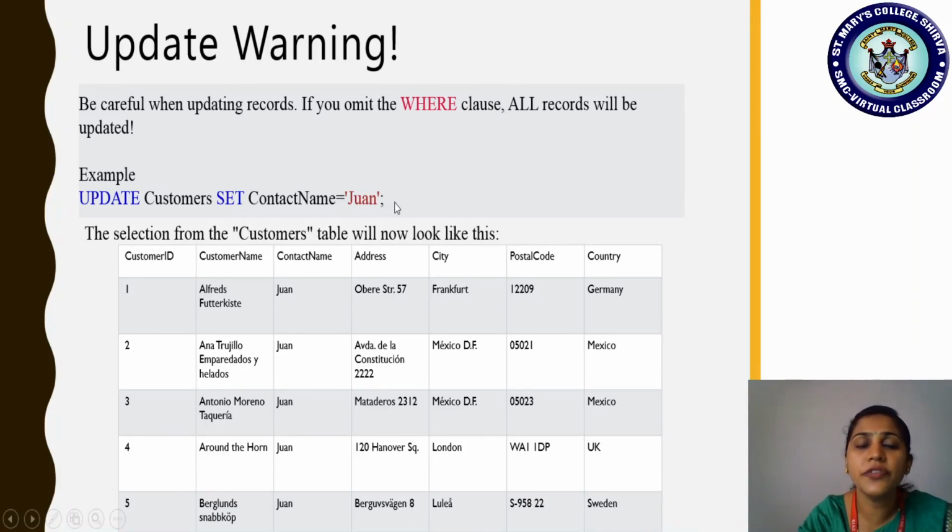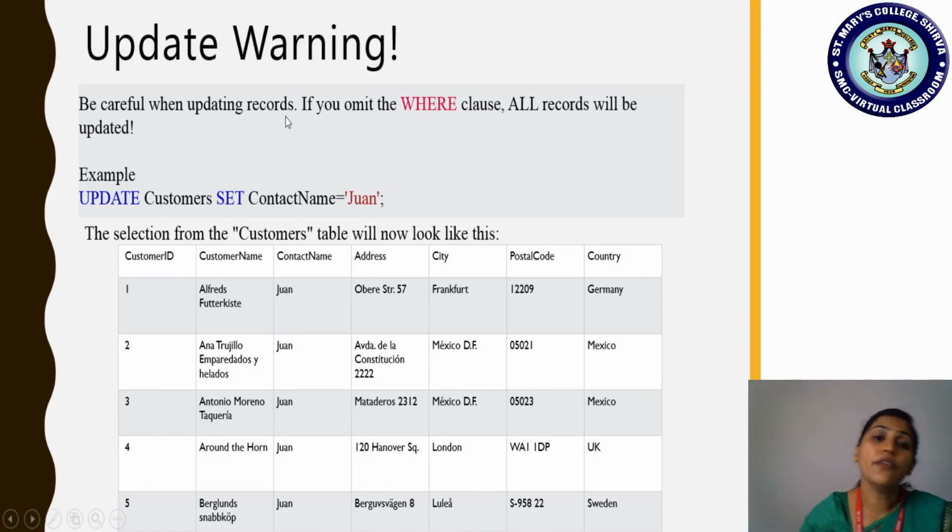If you avoid the where clause, all the records under the column contact name will be changed to Jan. As no condition is attached, it updates all the records. That is why we should be very careful while updating records.